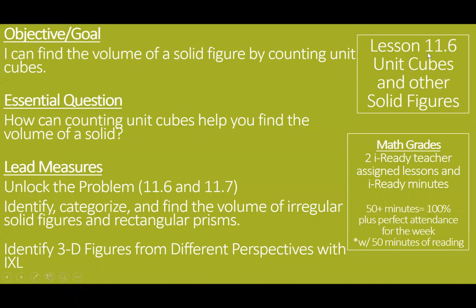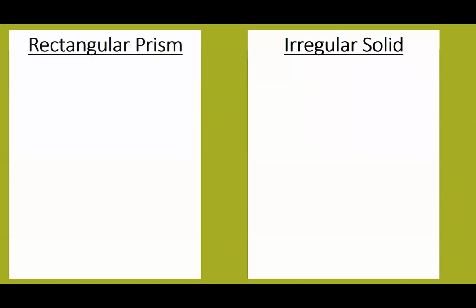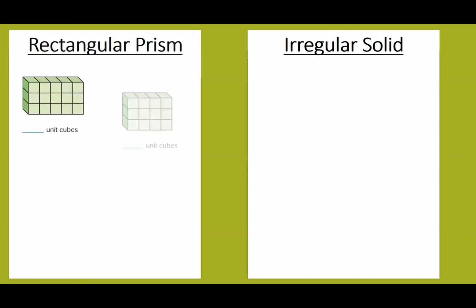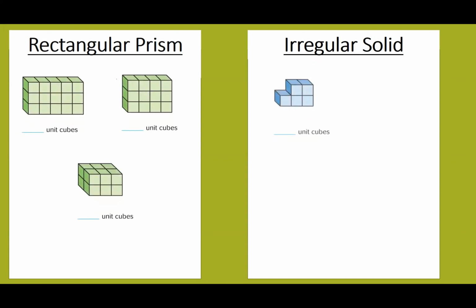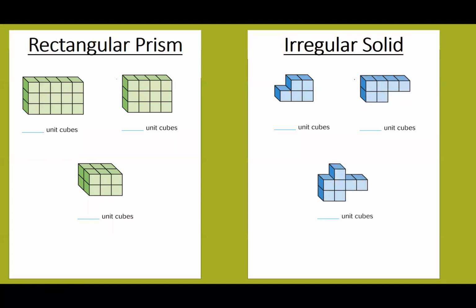Okay, back at our Common Board lesson, I made for you a little slide comparing the rectangular prisms and irregular solids. Now remember, we talked about them. They're still made of those unit cubes, but rectangular prisms are very easy to do length times width times height. Irregular solids, not so easy. All right, so for instance, this rectangular prism, the first one here on the left,